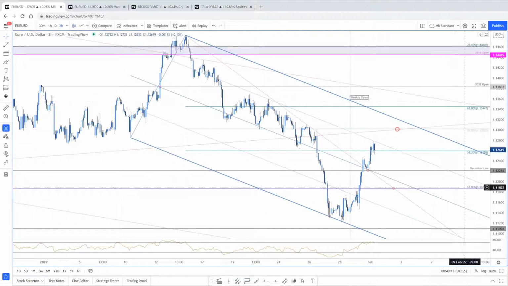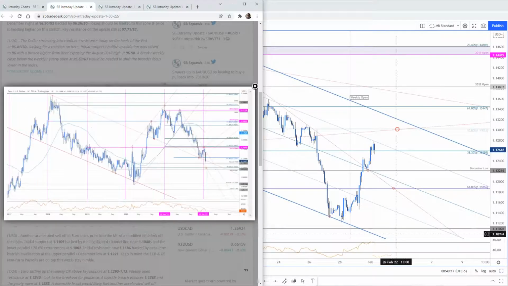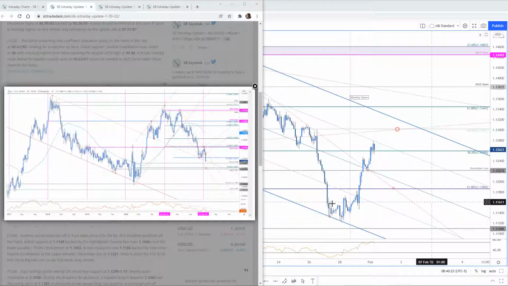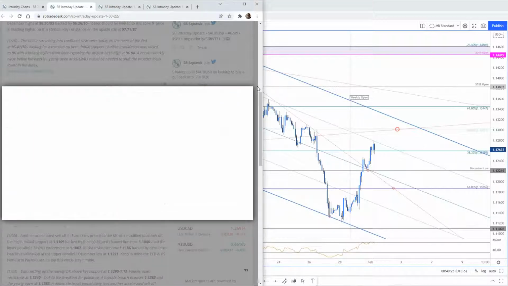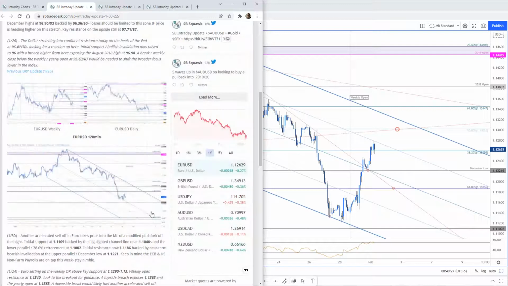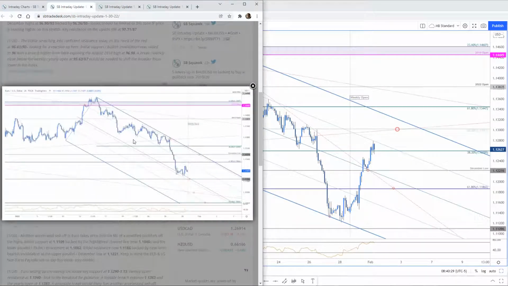Any questions on Euro? Little bit of an adjustment to the slope here. Again, it's early in the year, early in the month. I tend to get a little bit of trying to force this slope. So don't go crazy on these, and make sure we're staying really objective to what near-term price action is saying. But here's the old slope, and here's the new slope.